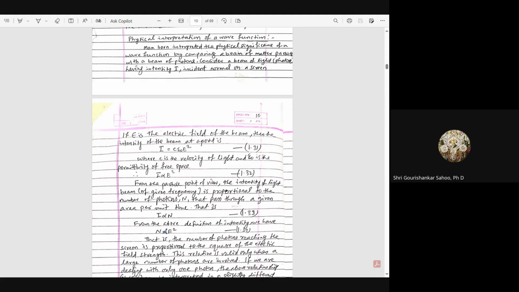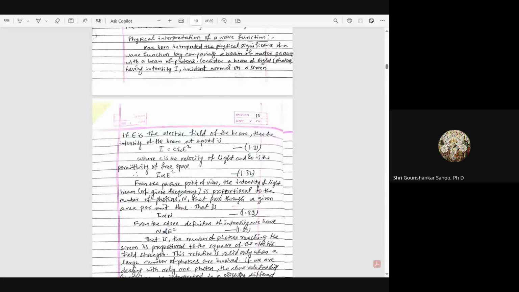So let us interpret the wave function in the light of Max Born's interpretation. Max Born considered a beam of light, or photons, having intensity capital I incident normal on a screen. If capital E is the electric field vector of the beam, then the intensity of the